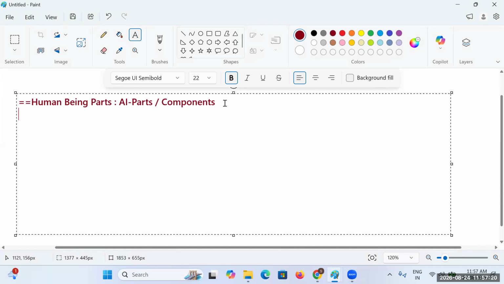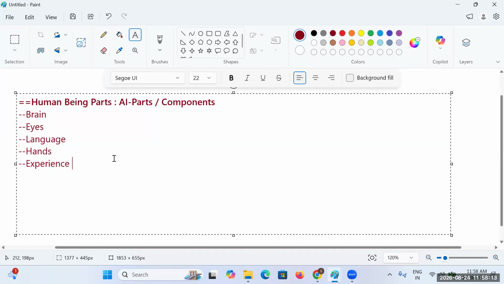Right. Let's see that. If I go with this particular perspective of a human being, the very regular and common things we can mention are the brain, the eyes, language, the hands, and experience. These are the main components here.